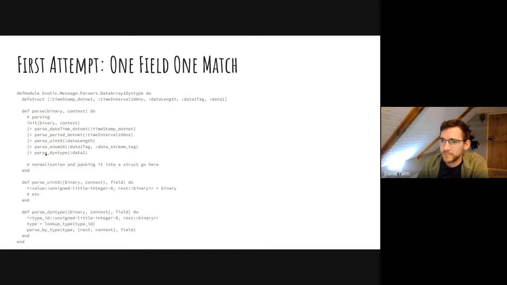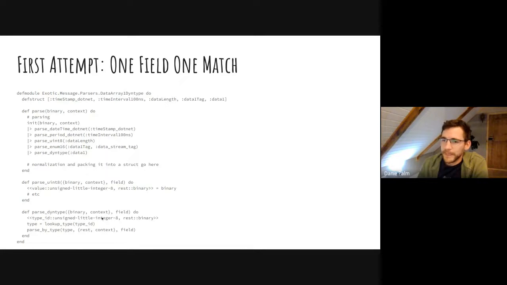But this last one, parse dynamic type, is a bit different. First you have to determine the type from the data. So first we match. There's a bit of a typo here; there needs to be an equals binary here.